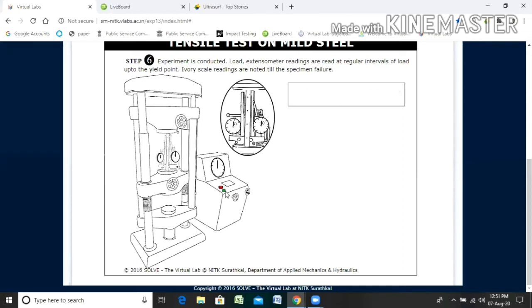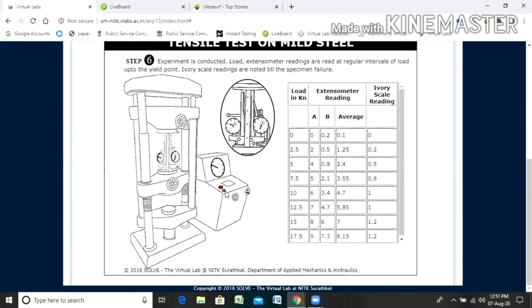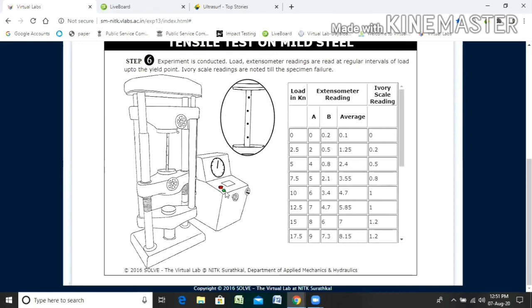See, these are all the loads. You can see the simulation. It is automatically getting the data. Now you see the neck formation happening. See the gradual area reduction. Now the breaking has happened over this portion, between these two central punch marks. Now we have to close the experiment by pressing the red button.